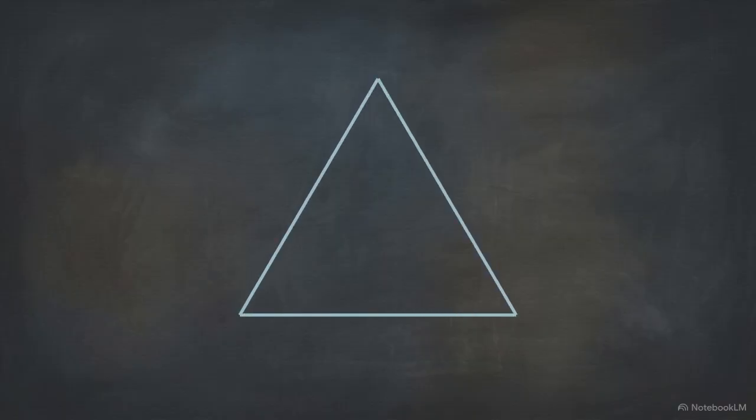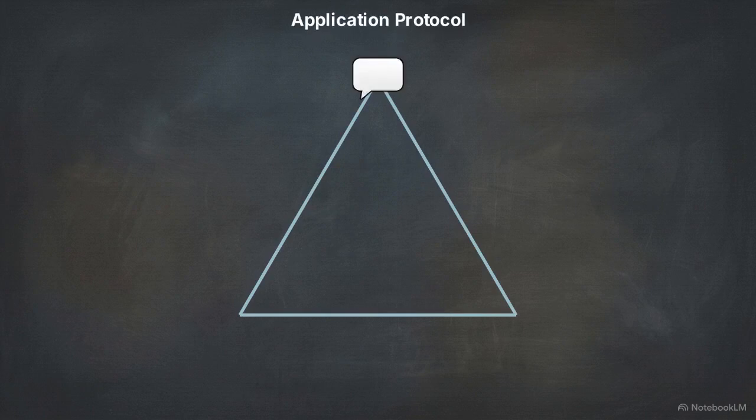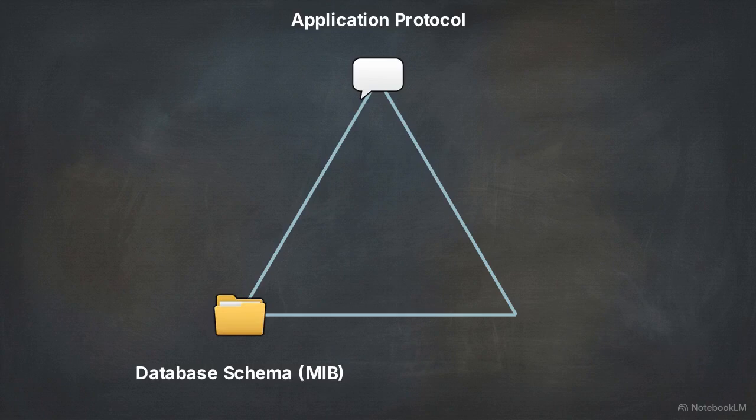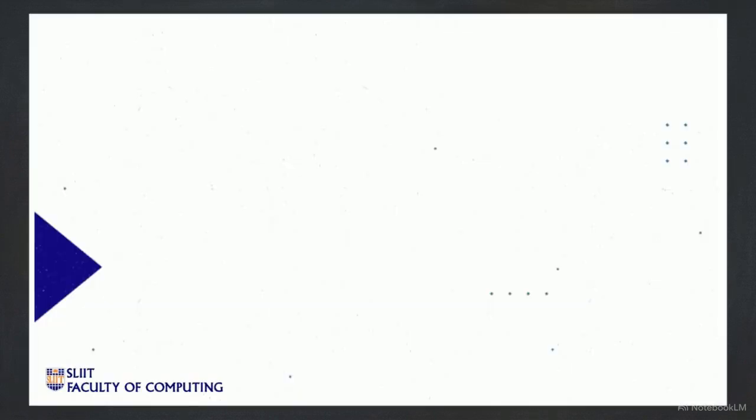The standard achieves this uniformity through 3 core components: an application layer protocol used to transmit messages, a database schema that structures the information, and a strict set of data objects representing the device's exact configuration. The goal of this architecture is to minimize the computational weight of management functions. The protocol remains flexible and extensible, ensuring it can support future hardware types without requiring a rewrite of the underlying